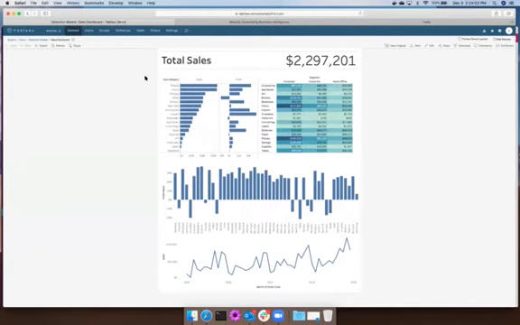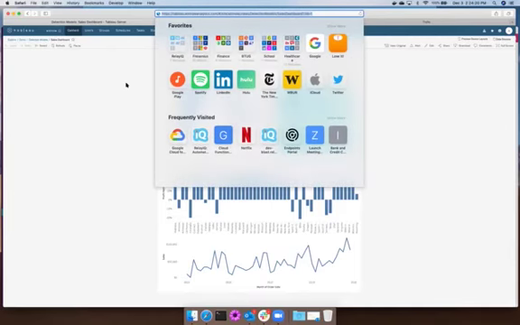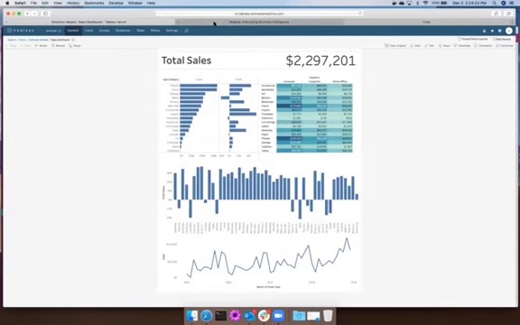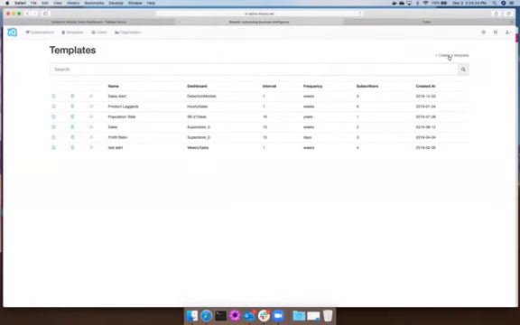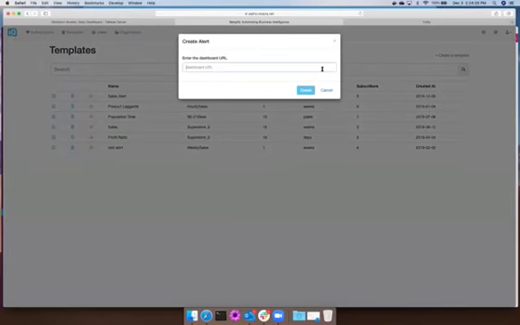So in order to do that, there are two ways that we can hook into this dashboard. One is by dropping our extension, which we have in the Tableau Marketplace, onto this dashboard. It displays itself as a button. Or if you don't want a button sitting on your dashboard, you can grab the URL for the dashboard, come over to our application and click on Create a Template. And you would just paste the URL in here,